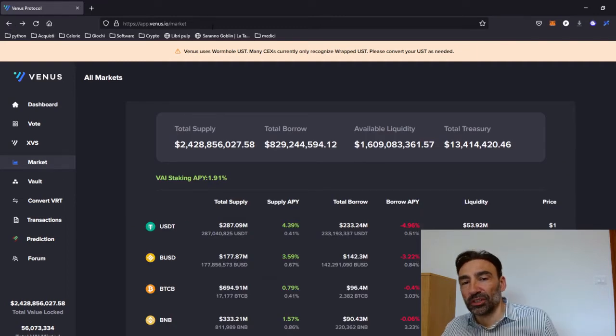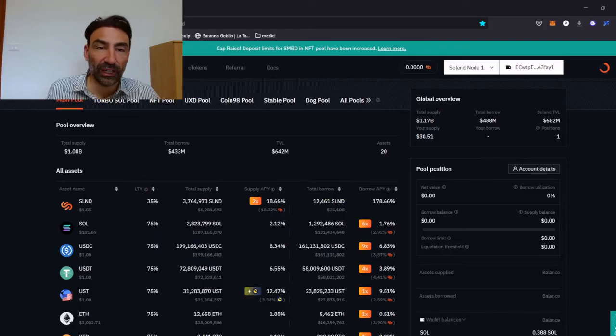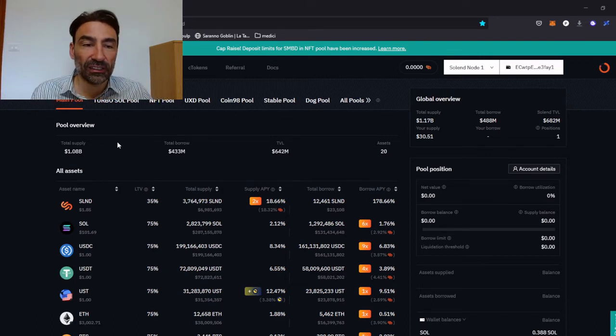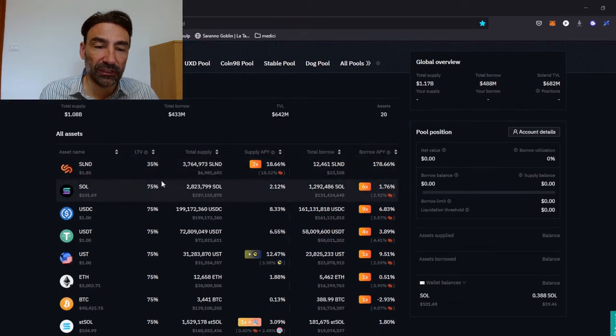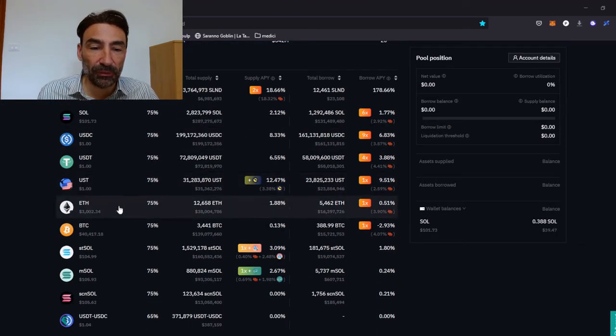There is another one which is pretty famous. A very interesting website, smart contract obviously, is Solend, which is this one. It's on the Solana network. I have already connected my Phantom wallet. Okay, here it's even more clear. For example, if you want to supply UST, what do they give you? Look,